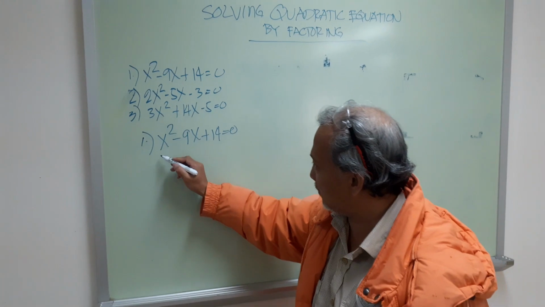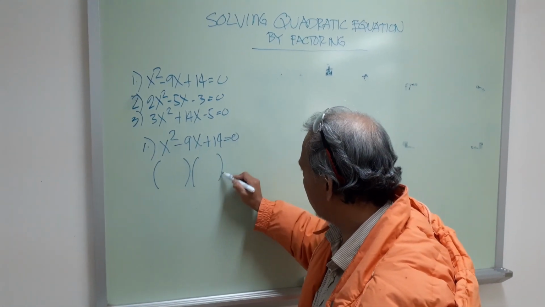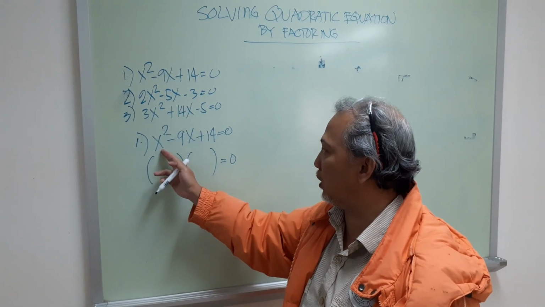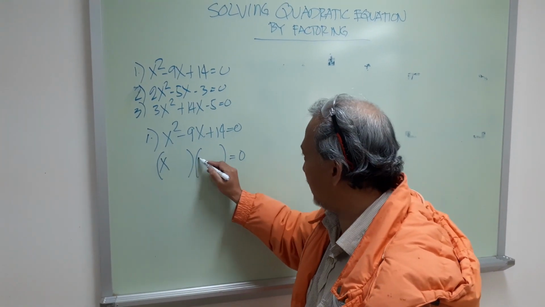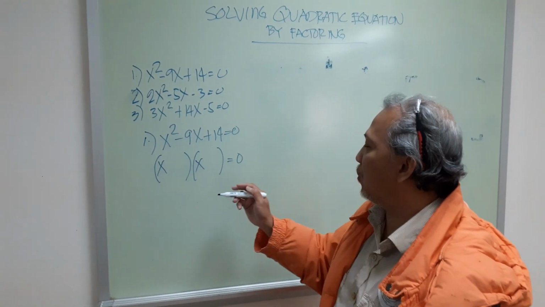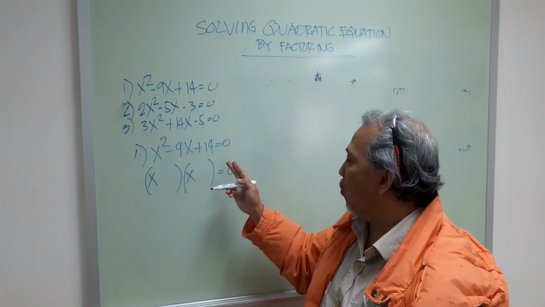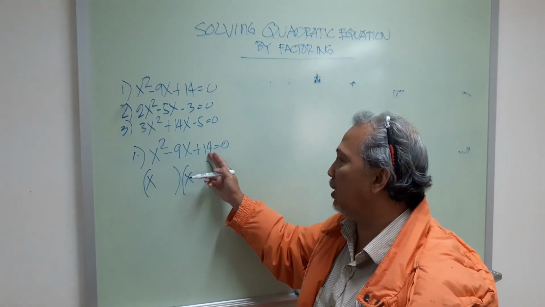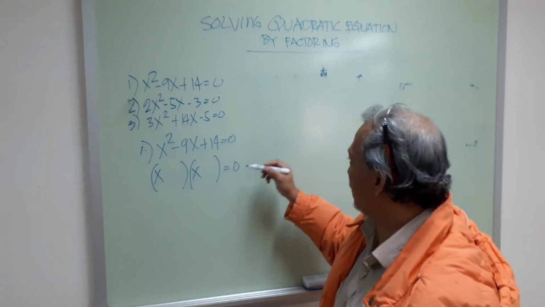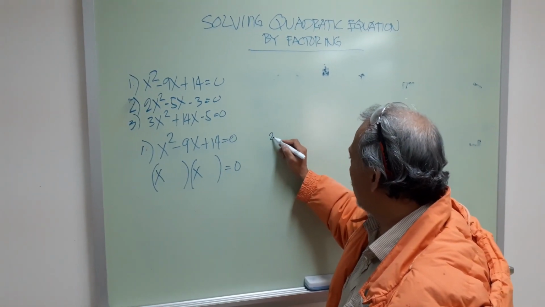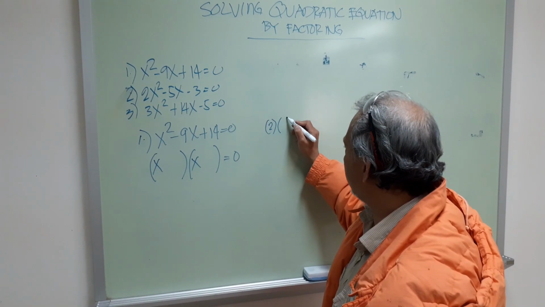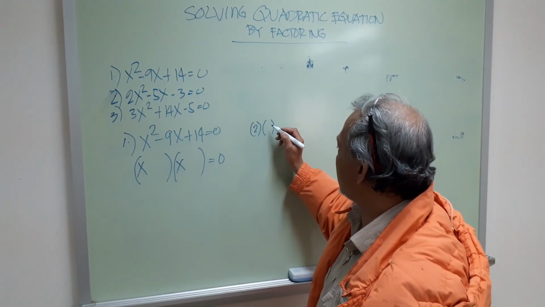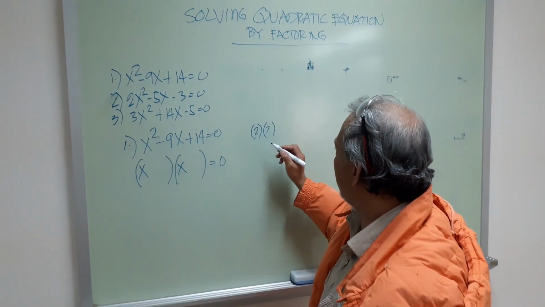So let's factor this one and equate to 0. Let's look for a factor of x squared, which is x and x. Now let's look for a pair of numbers that, when multiplied, equal 14, positive 14, and when added, equal negative 9. So let's say 7, negative